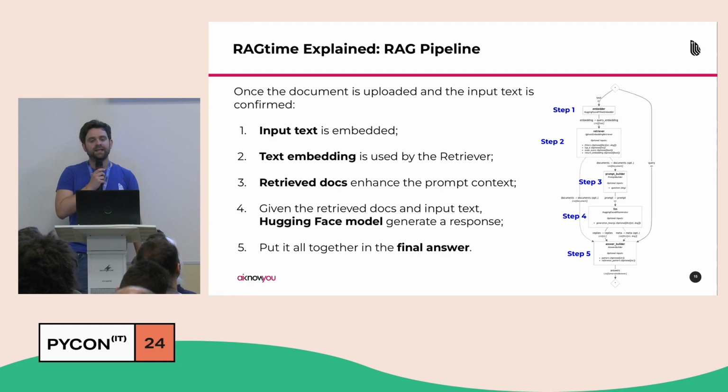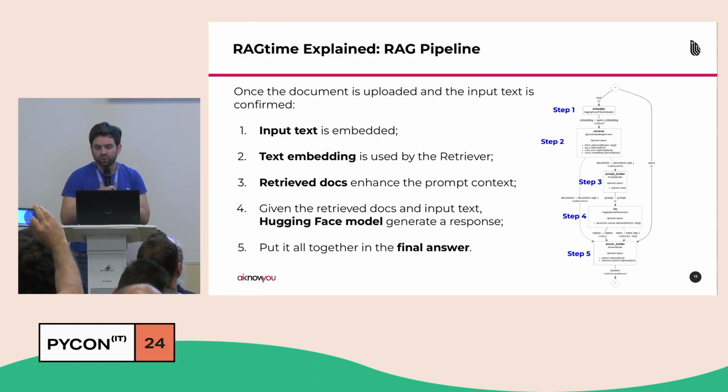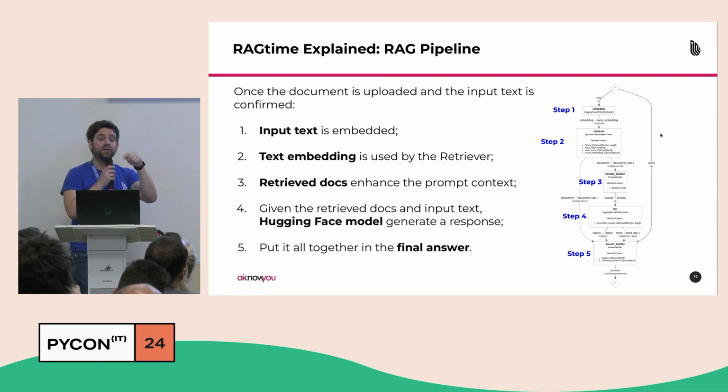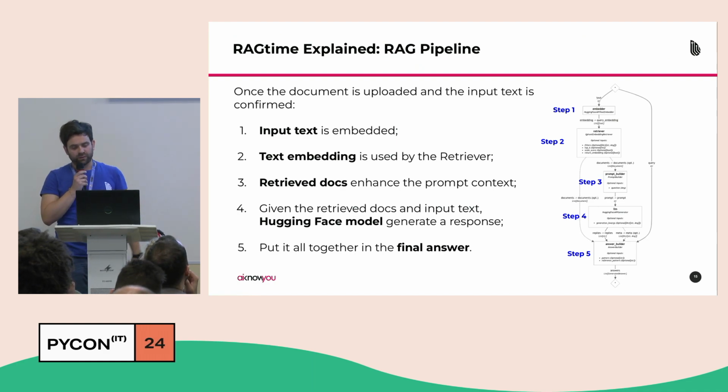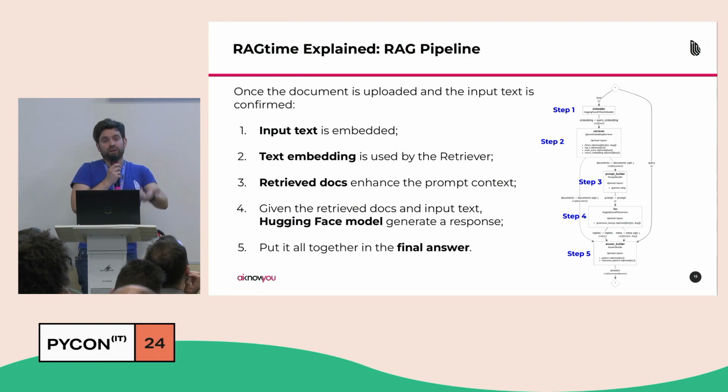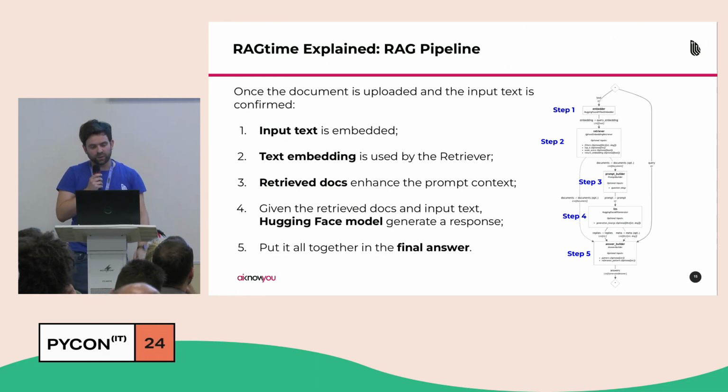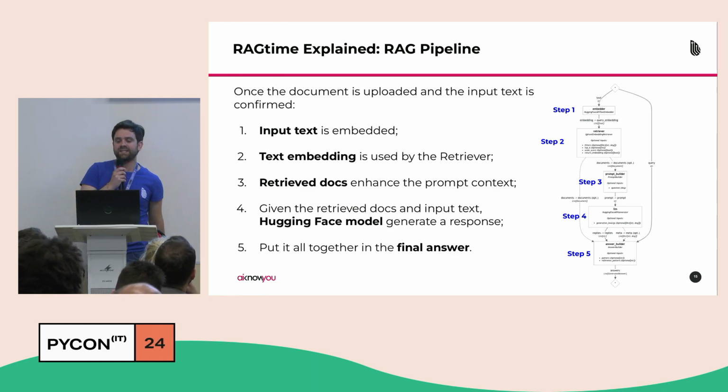The other pipeline, which is fundamental, is the RAG pipeline. This is the very basic RAG pipeline in Haystack. The input text is first of all embedded. The text embedding is used for retrieval with the Qdrant embedding retriever. Each document store in Haystack has its own retriever, and this one is the Qdrant one. The documents are passed to the prompt builder, which builds the prompt that is then passed to the Hugging Face